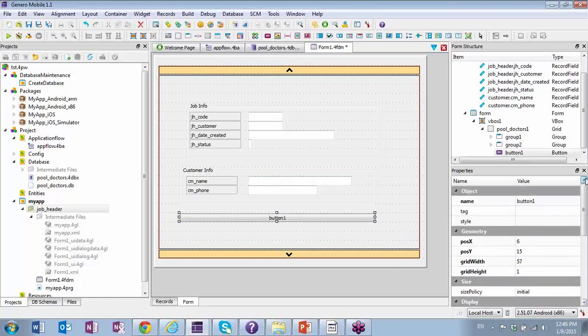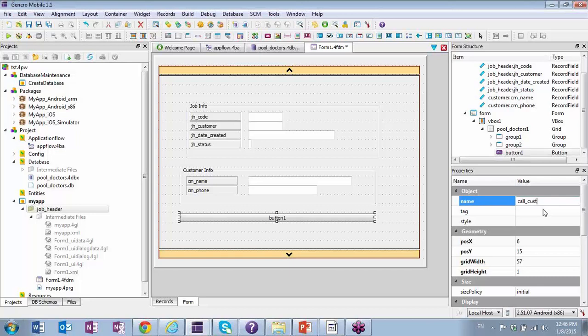Now remember that later it's going to be important, and in your lab, to understand that the name of the button is what associates this button that the user is going to tap or select with the action of invoking a form, right, of using a relation to open a form. So this button is going to be associated with an action in the relation for a form, and that means that the names are going to have to be the same. So whatever I name this button is going to be the same name that the action uses when I configure the action. So I'm going to just call it